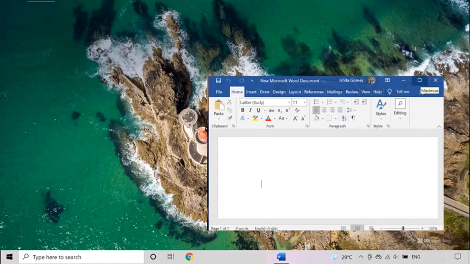Now what has happened to my file? It is not the right size, is it? It has become small. That is because I have made it small. In this way, I can see different files open at the same time on my screen. So I have reduced the size of the file.